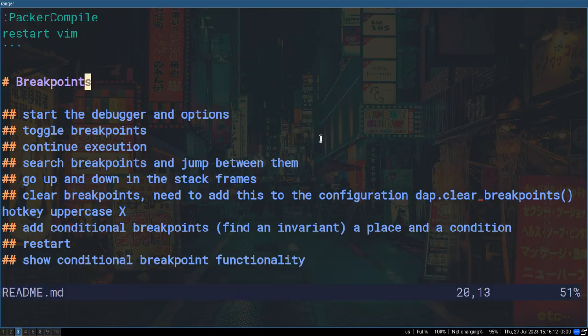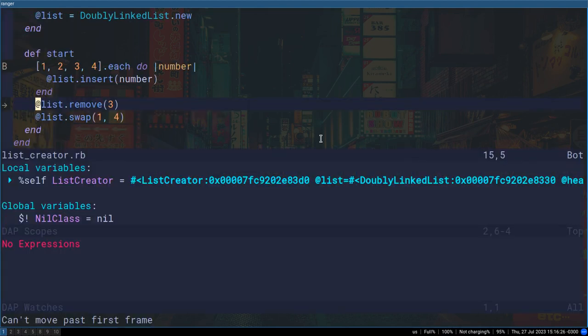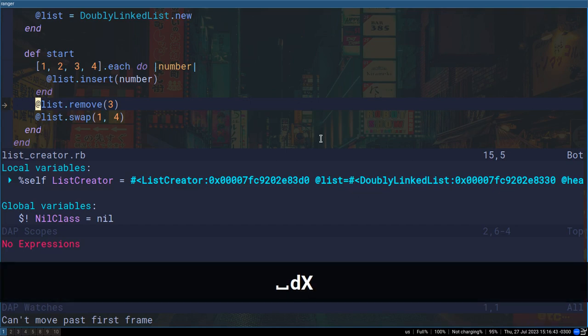Let me go back to my points so I don't forget to show anything. So besides searching breakpoints and jumping between them, you can also go up and down the stack frames. We can clear the breakpoints. I'm gonna show the conditional breakpoints now, but before I do that, I want to clear all the breakpoints that I have right now. To do that, I can type space GX,